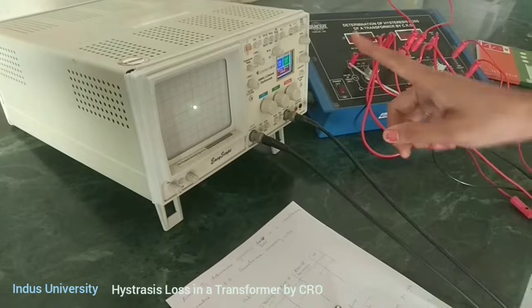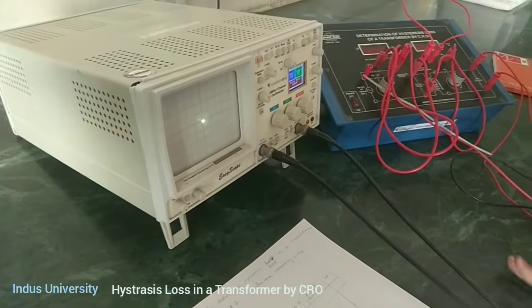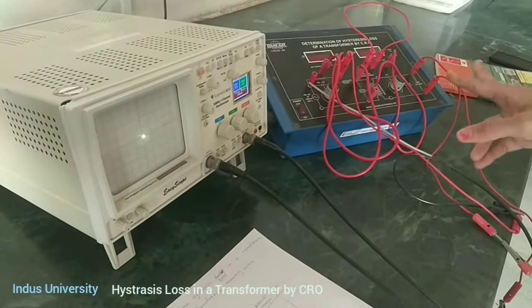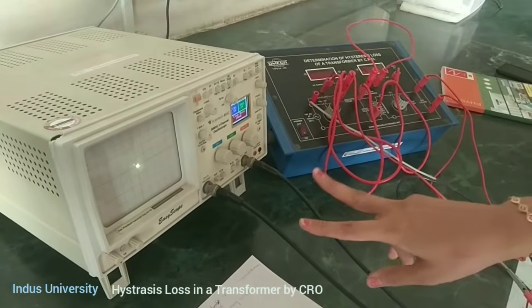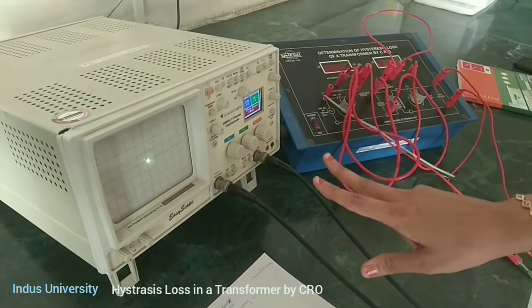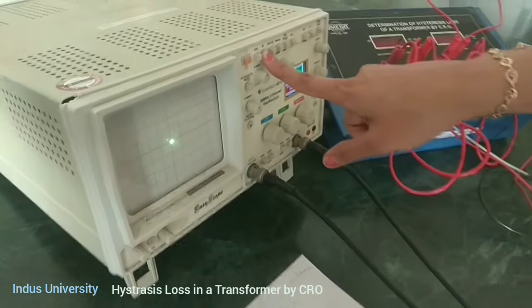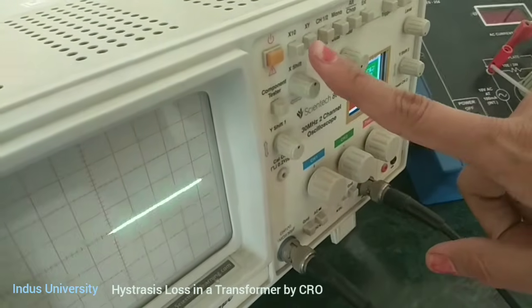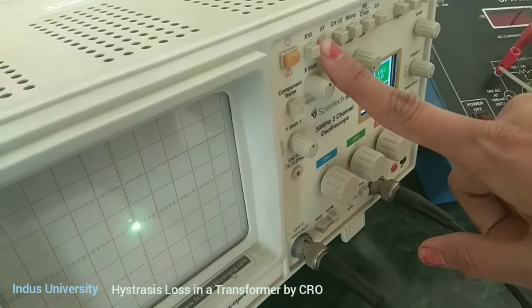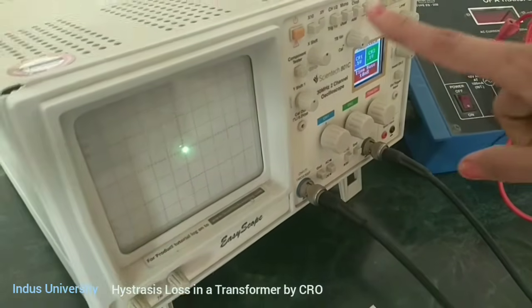Now first of all, when you are going to connect with the CRO, we have to connect X and Y, both the terminals. So now we are operating in XY mode. From here you can select XY mode. You press and select the XY mode, not the single channel.